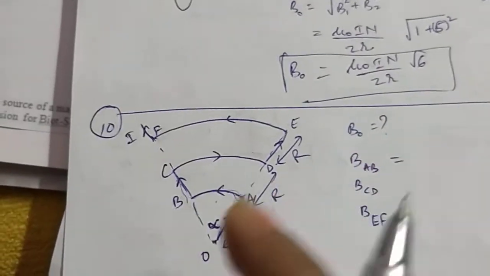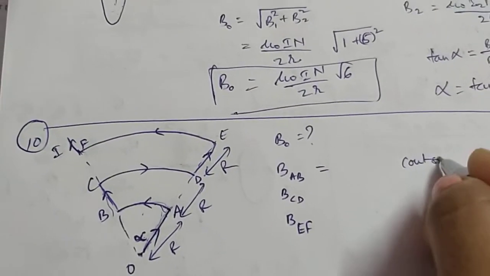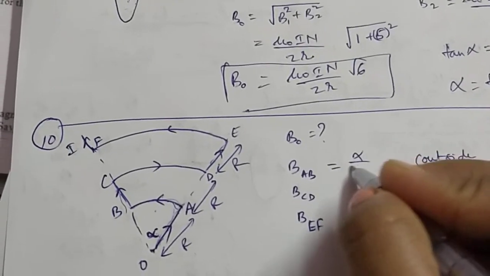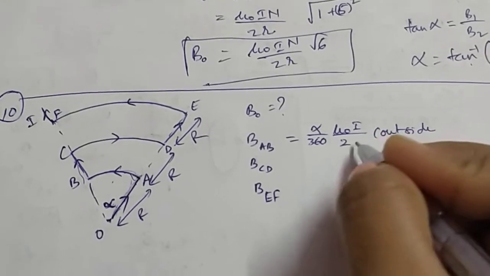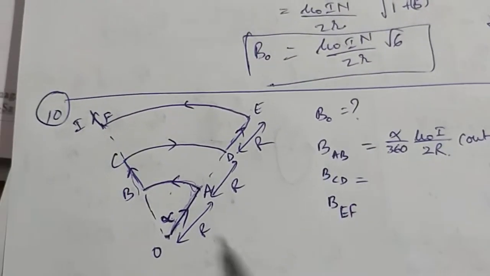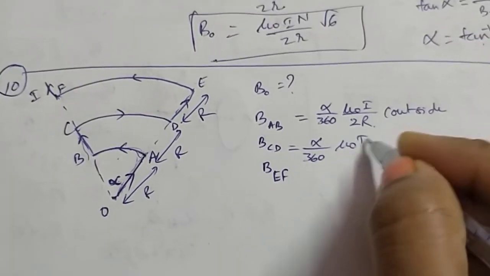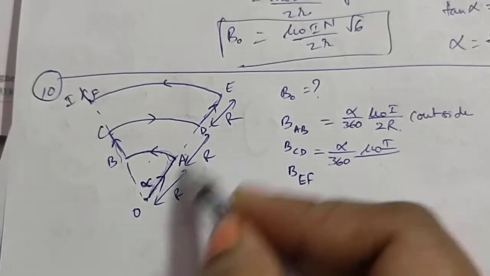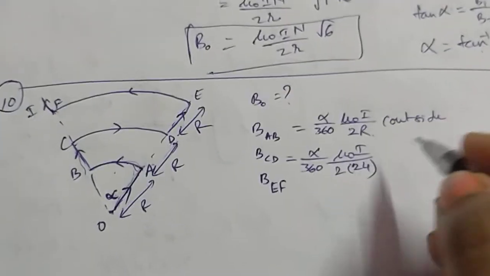ठीक है, now AB के वजह से see the direction will be outside the plane of paper. ठीक है, outside, और magnitude क्या हो जाएगा, अल्फा बाय 360 इंटू म्यू नॉट आई अपॉन 2R. ठीक है, ऑन CD की वजह से अल्फा बाय 360 म्यू नॉट आई अपॉन, क्योंकि करंट सेम है बट 2R की जगह ना दिस इज रेडियस 2 इंटू 2R विच विल बी 4R. ओके, एंड व्हाट विल बी इट्स डायरेक्शन, क्योंकि करंट अब ऐसे है, यू सी इधर है, तो मेरा थंब नीचे है, डाउनवर्ड.